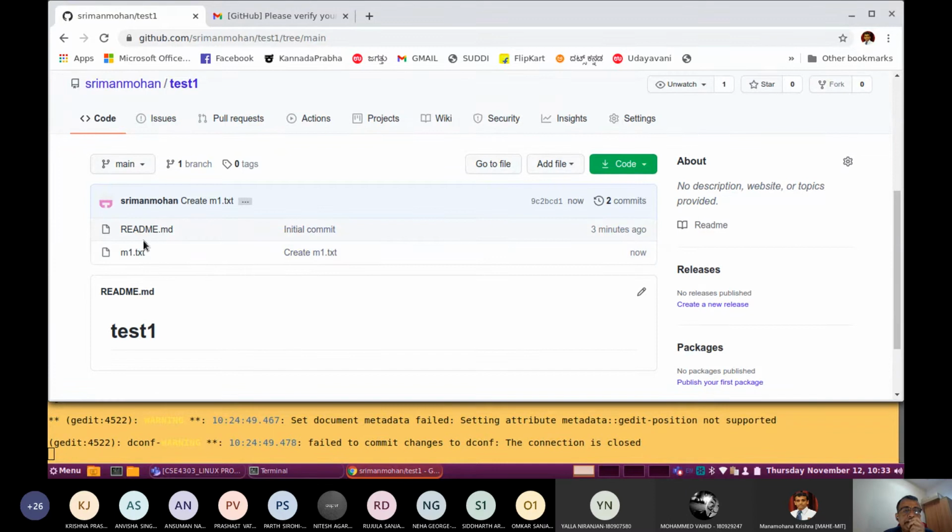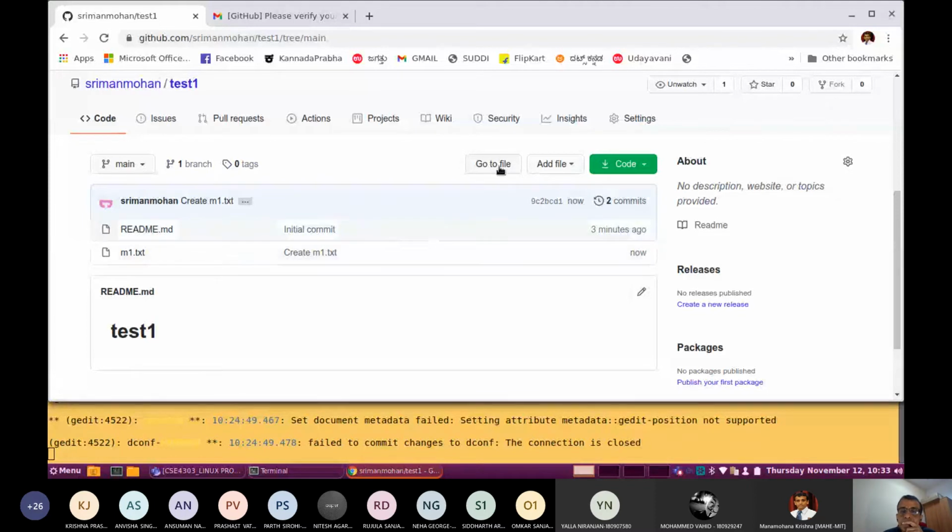This is the file. And remember that already we opted for a README file. If you are developing a project, you can write the installation instructions, how to install this particular code, how to work with this code. Assume this m1.txt contains your program code and you want to share it with everybody. That's why we opted for public. Then you can write the installation command or any other usage instructions in a README file.